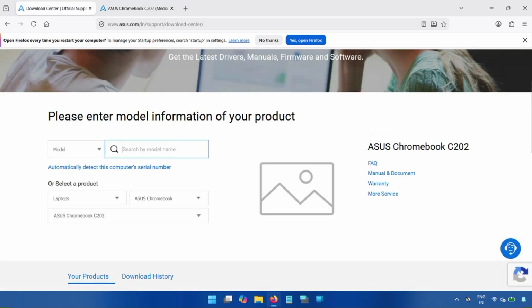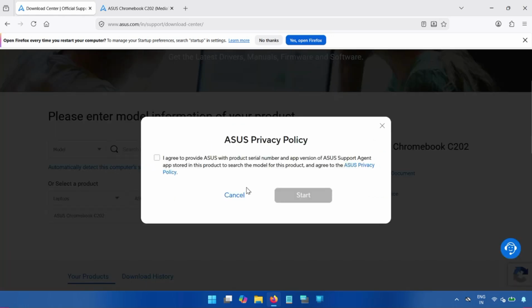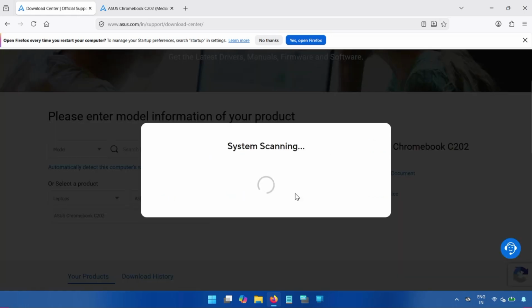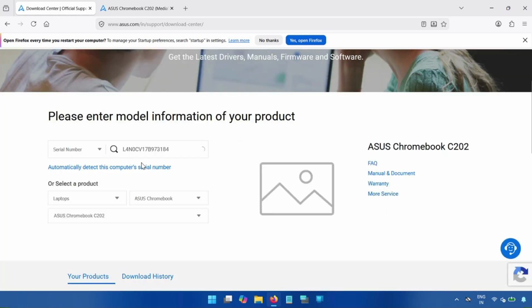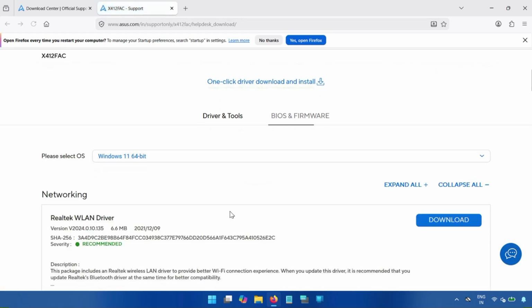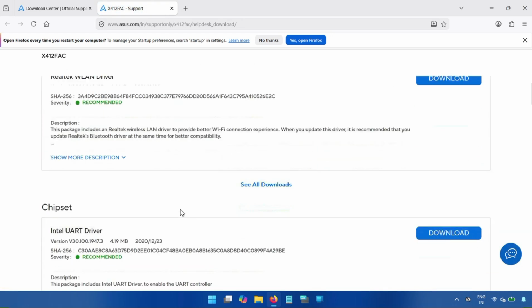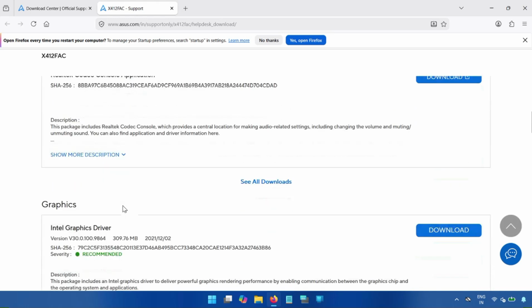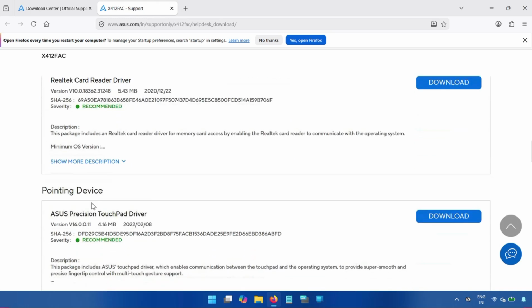Otherwise you can enter the serial number directly. You can click automatic detect the computer serial number, accept it, start. You can see this one, then driver tool. This is a Wi-Fi driver, chipset, audio, graphic card, pointing device, meaning touchpad driver. Okay, click to download,